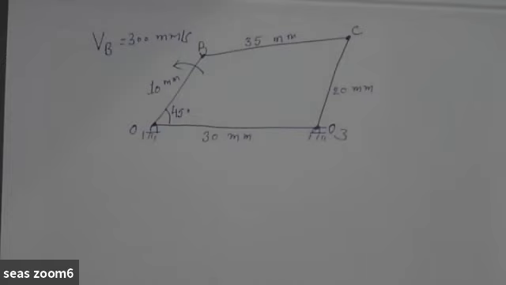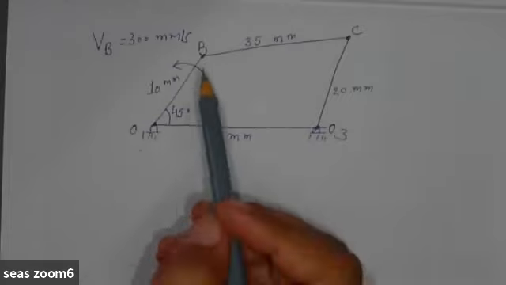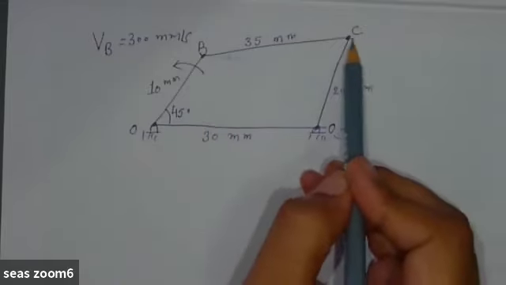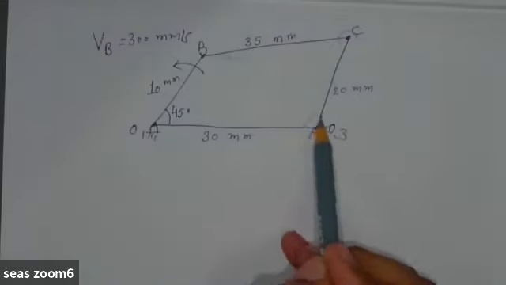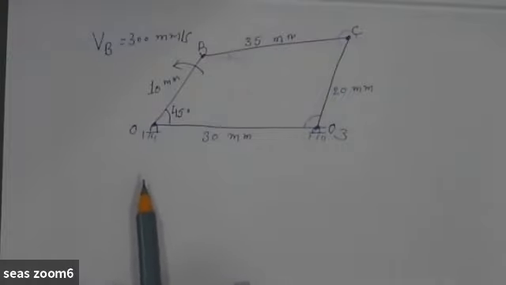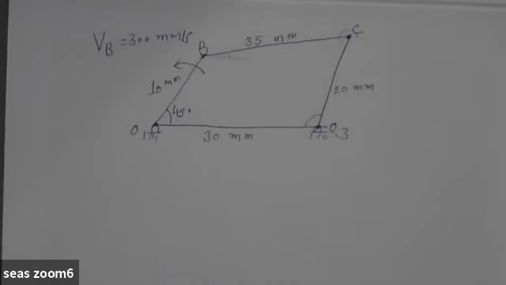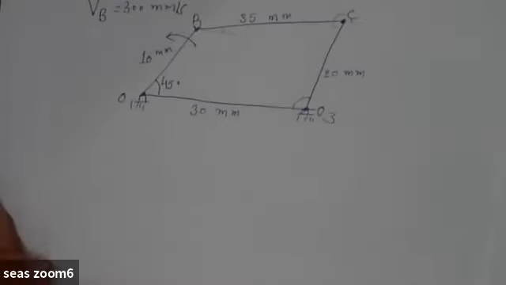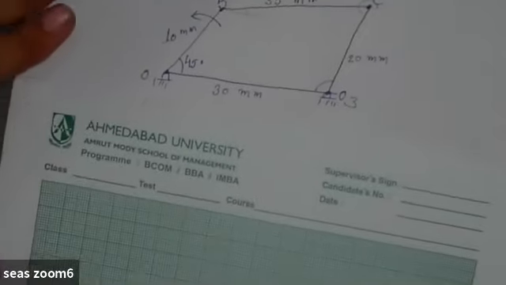So the very first thing we will do is that for velocity analysis, we need the knowledge of various angles. The angle currently we know is 45° here, but we don't know what is this angle, what is this angle, or what is this angle. All these angles are unknown. So in order to determine these angles, you can do position analysis, the analytical position analysis we did earlier. If you don't want to go for this so accurate method of analytical, then we can also do it using graph.